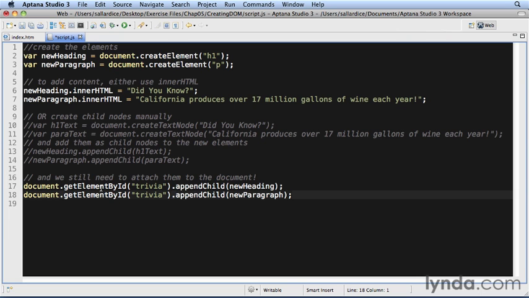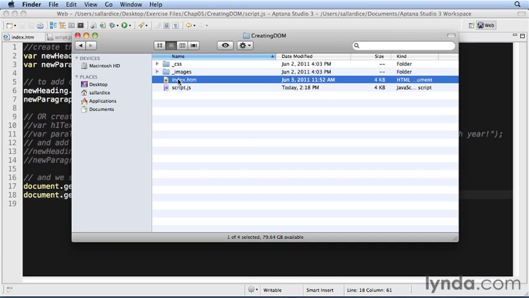If you remember, the div that I wanted to add them to was called trivia. So we call document.getElementById trivia.appendChild. New heading, we're adding the H1, and then we call the whole thing again, and then we say, well, now append another child, which is the paragraph. So if I save this and then just open that up in the browser again,